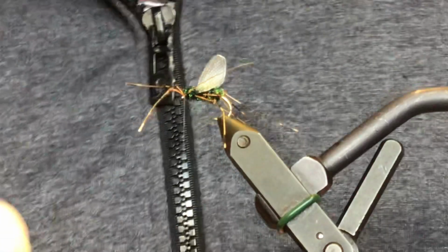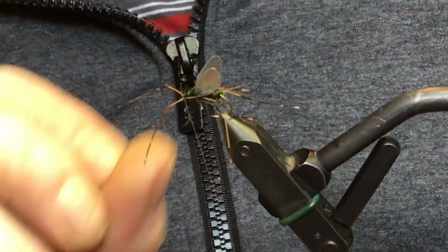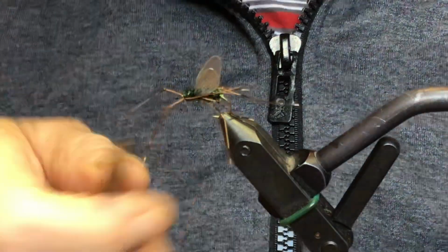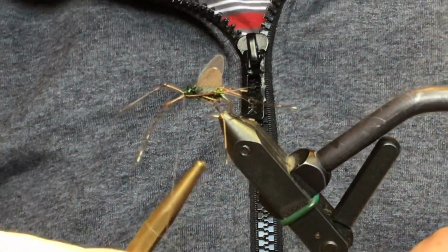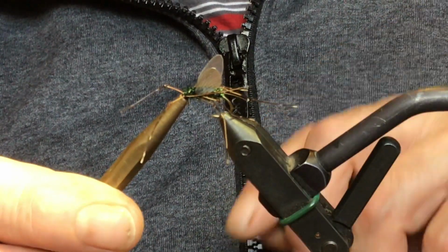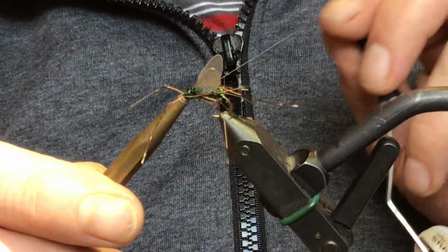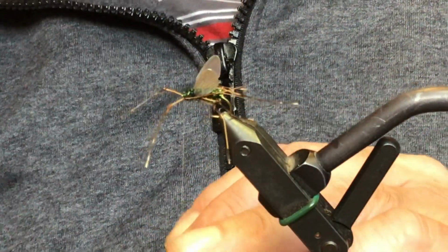now we're gonna make a finishing knot on the fly. I'm just gonna take this brass tube, it's got a small hole in it. I don't know the word for this knot in English, but it's kind of a whip finish, just 2 turns around and hold it on the eye. There you go, fly's finished, but not quite yet,